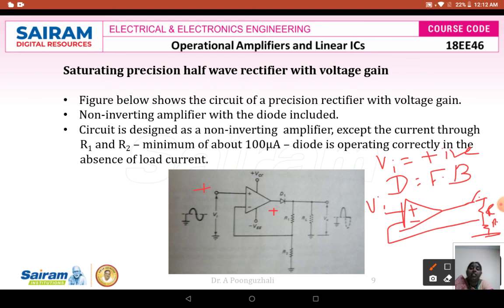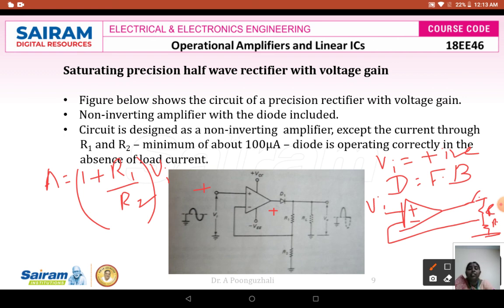So what is the gain? Your gain is equivalent to 1 plus the feedback resistance R1 divided by the input resistance R2, into Vi. So suppose I assume that R1 and R2 are the same, the gain is going to be 2 times your Vi. That means your input signal is amplified by a factor of 2. So if I want to have the gain introduced in this output, the signal is going to be multiplied by a value of 1 plus R1 by R2. The signal is going to be amplified by a factor 1 plus R1 by R2 there.